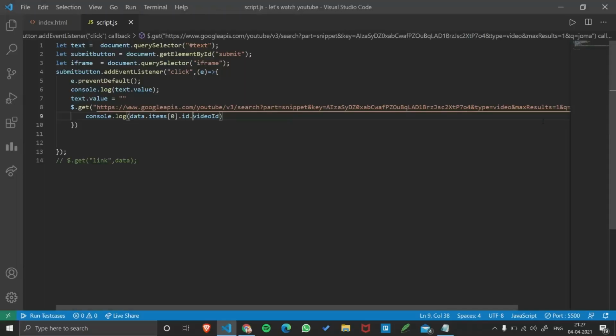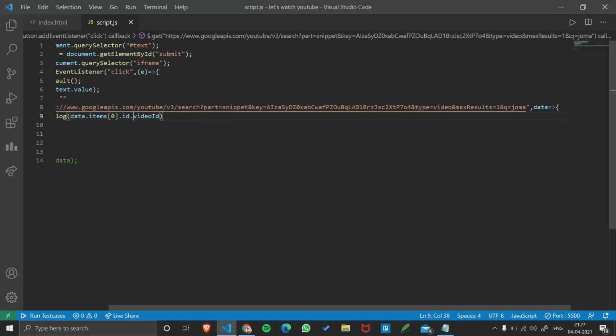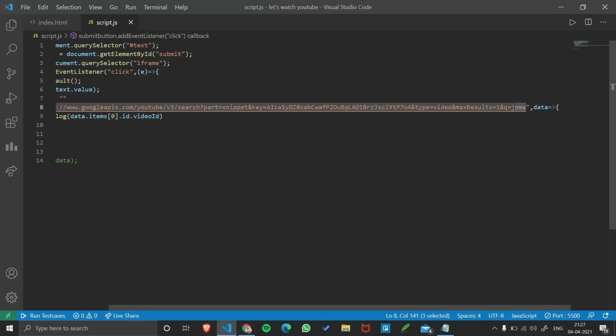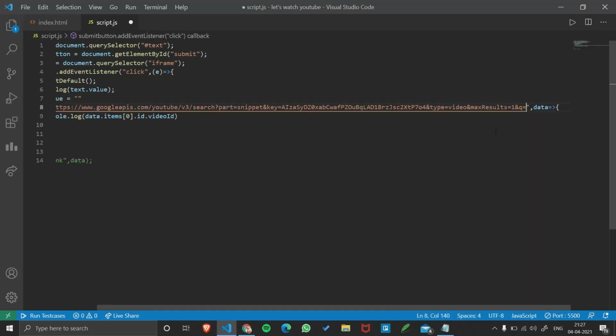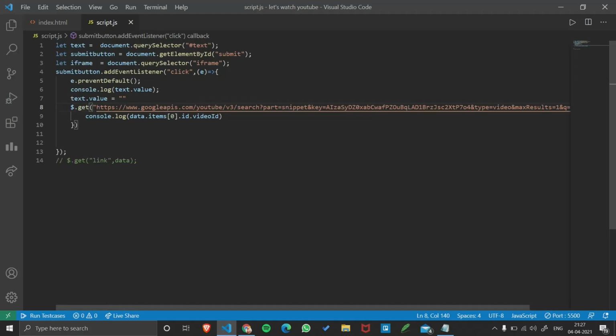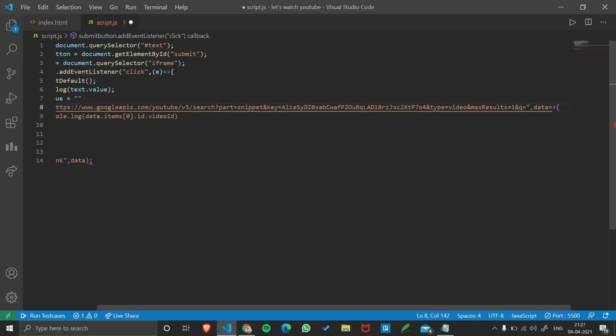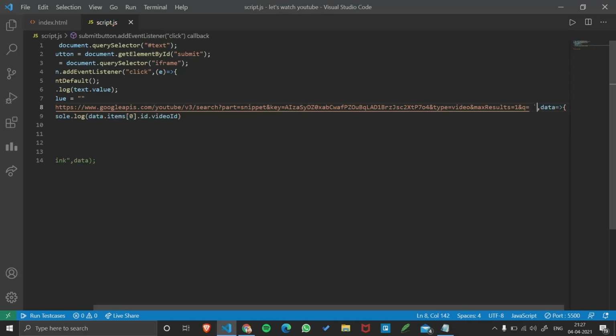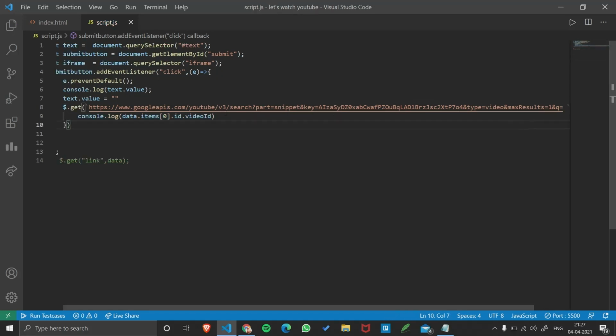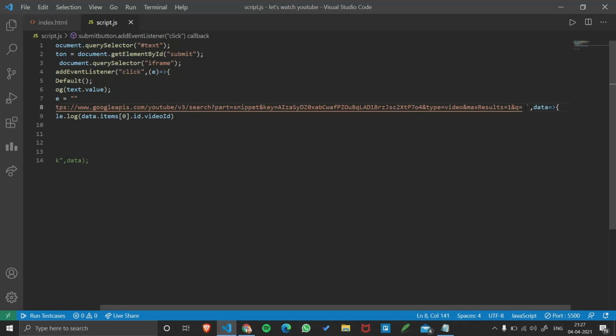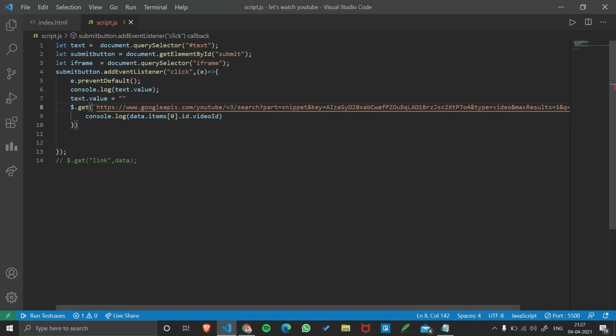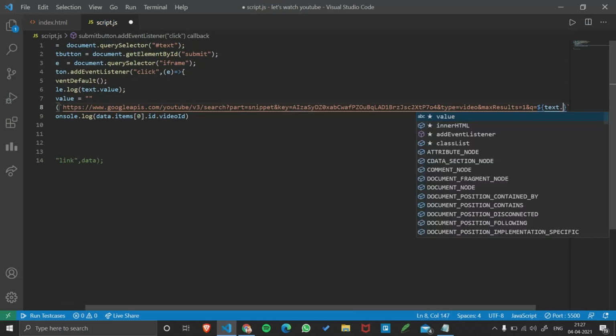The code direct from search Joma. It is the first video that I have linked, so it is giving me that directly. So I need to change this with the text value, and how will we do that? We can use this to change, or you can use the plus sign too. Now this is important. When you use this, you can write a dollar sign and curly brackets, and you can put a variable directly there. So I'll put text value directly there.